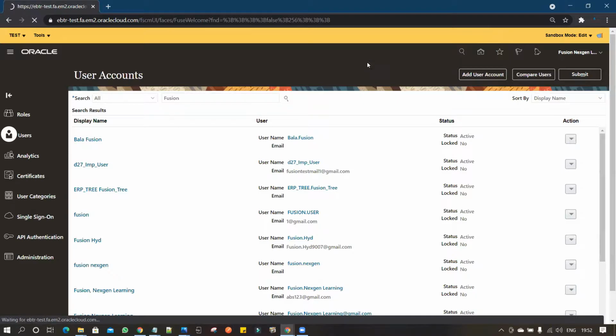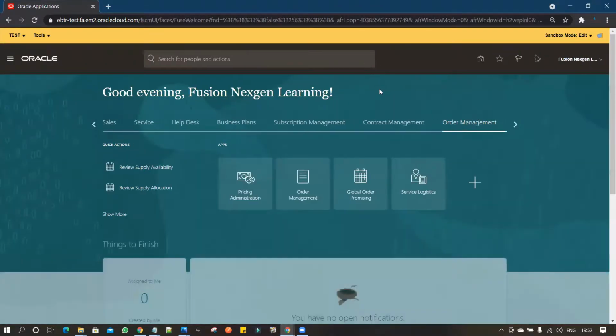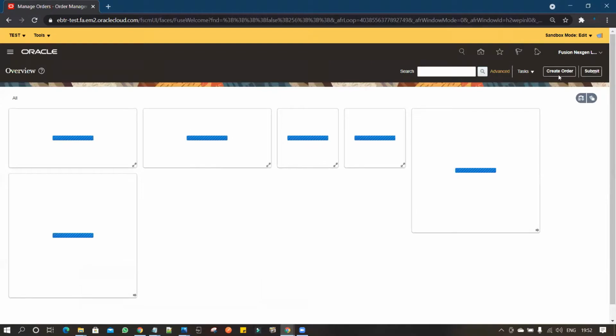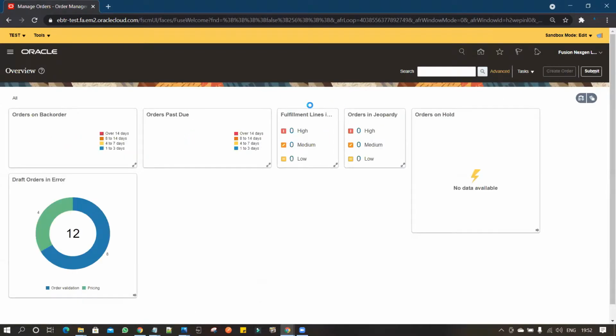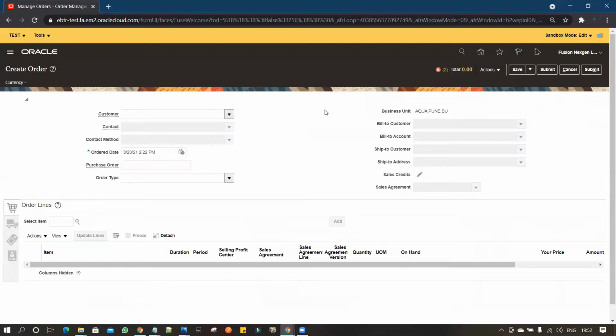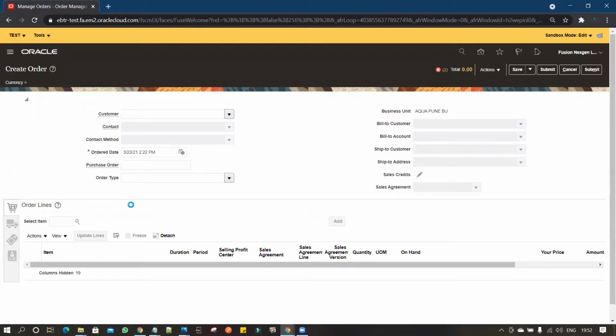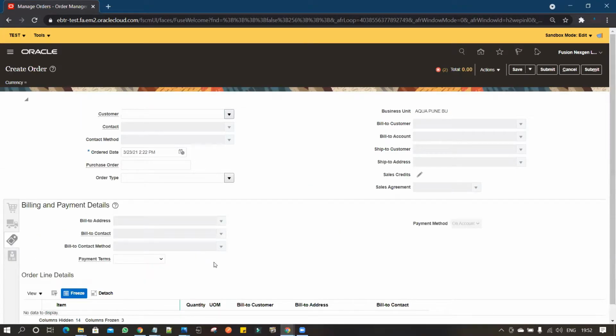go to the home page, and we'll choose one of the pages where we'll perform this personalization. So we'll go to order management, and under order management, click on create order. Then you can go to the billing and payment detail and select any field.